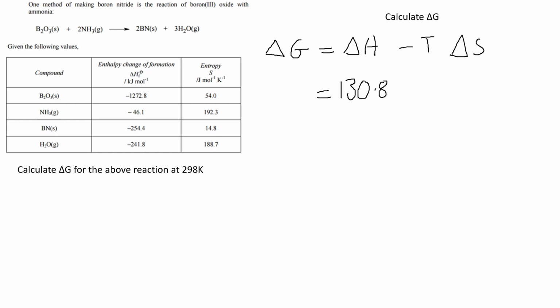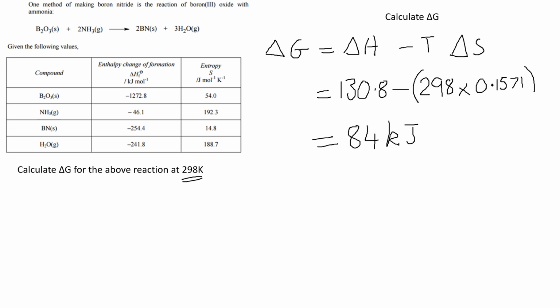130.8, remember that's kilojoules per mole, then minus the temperature, which needs to be in Kelvin, so that's 298, times 0.1571, which is delta S. Remember that's kilojoules per mole per Kelvin. And that comes out as 84 kilojoules per mole, which means at 298 Kelvin, this reaction is not